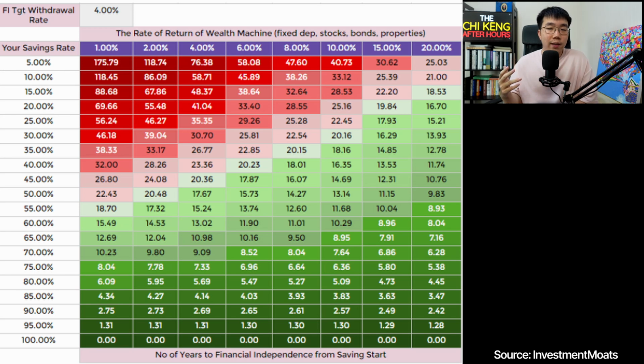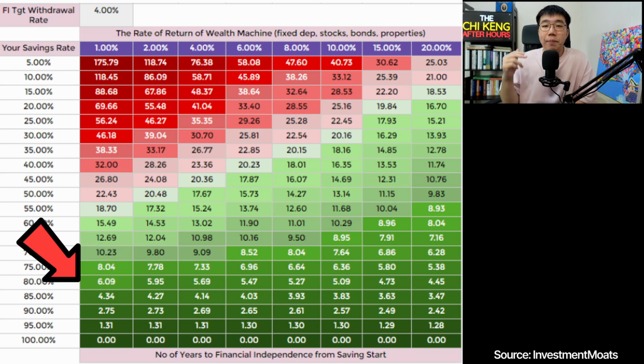So you will actually realize that if you have a relatively low burn rate, meaning your proportion of spending is a lot lower compared to your income, resulting in a high savings rate, that area of the graph is a lot greener, regardless of whether you have strong investment acumen and high returns on investments or not.